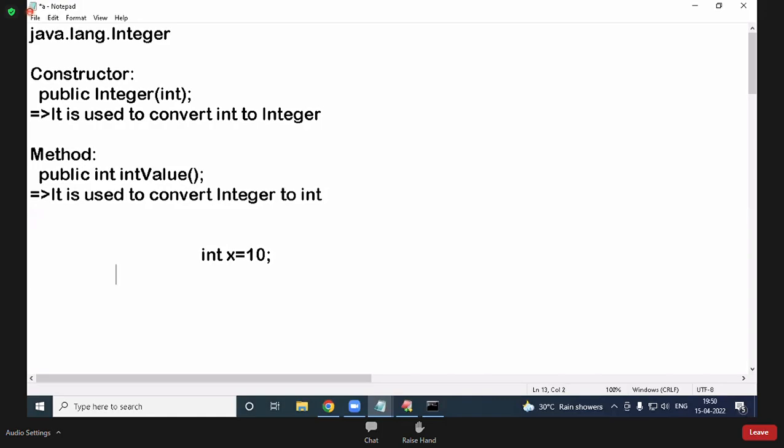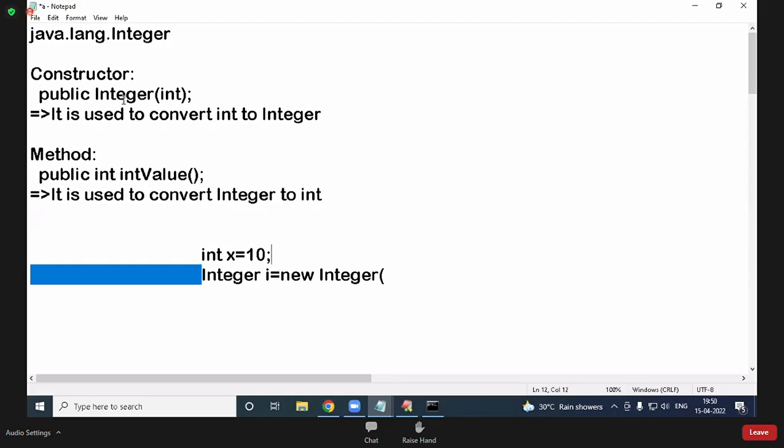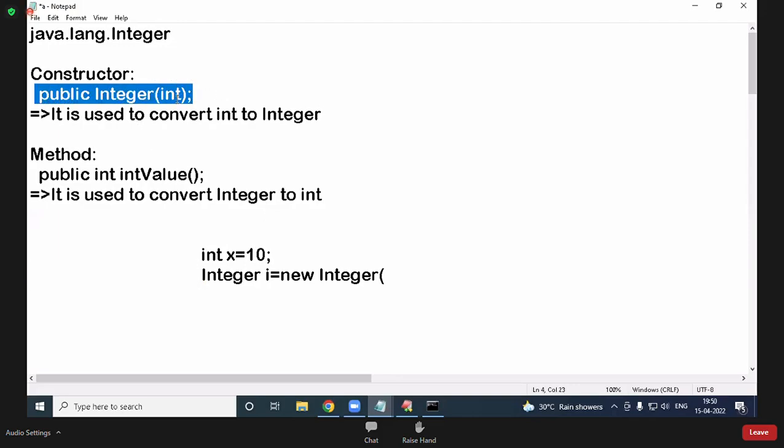Now this one, if you want to convert into Integer, then a constructor is required. When is a constructor called? When our object is created. How to create the object? Integer i equal to new Integer. Here, this constructor is public. You can access it anywhere, no restriction. Constructor is called whenever an object is created. Like this, I am creating an object. Is it a default constructor or a parameterized constructor? We have to pass one int parameter. Can I